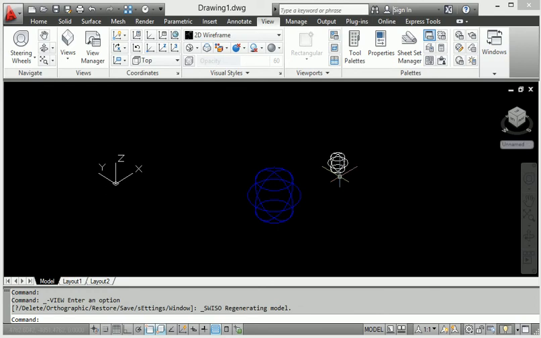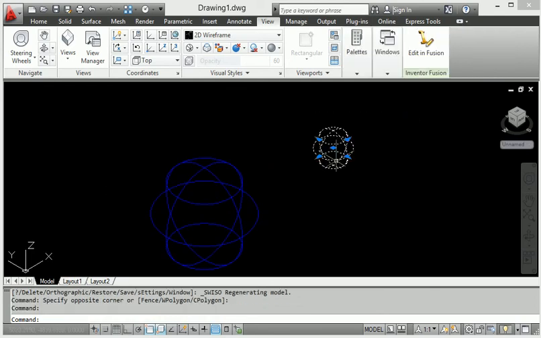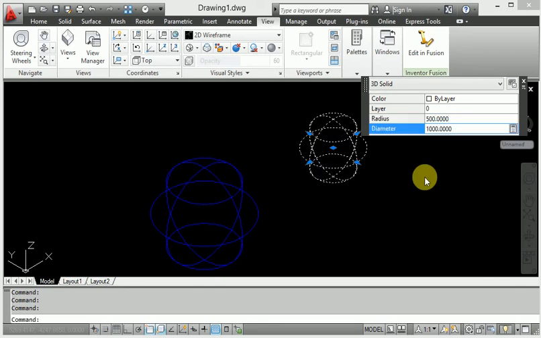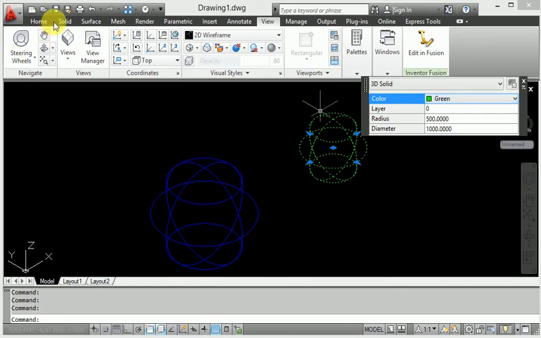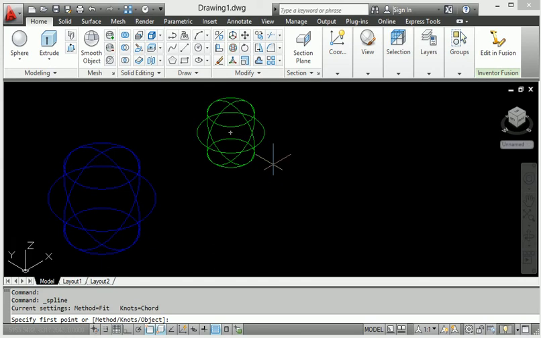Look at this, one has been selected, and I want to change anything, so I will provide the change here. When I get 500, so this one is 500, and I will provide the color, so this one is color here. So this is very easy to create the sphere design in AutoCAD 3D modeling.